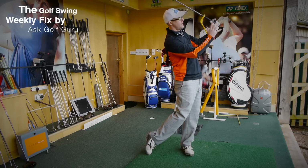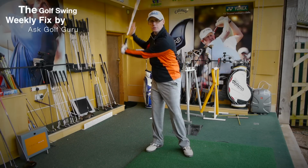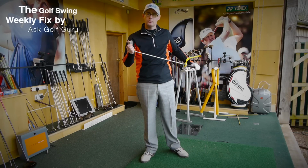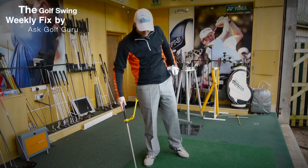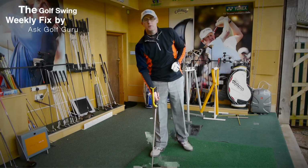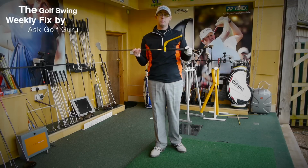I'm only hitting little shots, but it just gives me the feeling of where I should be going with the face in relationship to the club path to keep that club face on track. So great little tool. Teaching aids, I'm not a massive fan of teaching aids. I think there's some awful ones out there, but there are some little gems that can really help if used